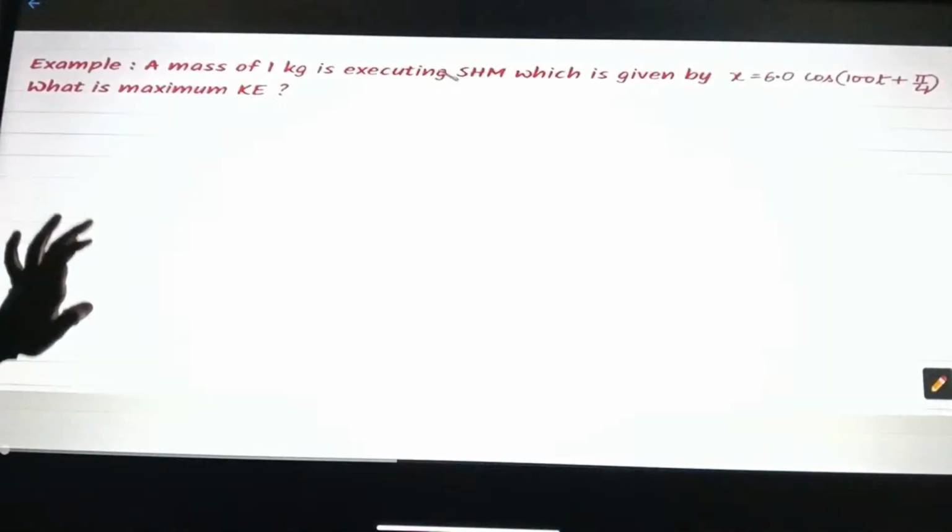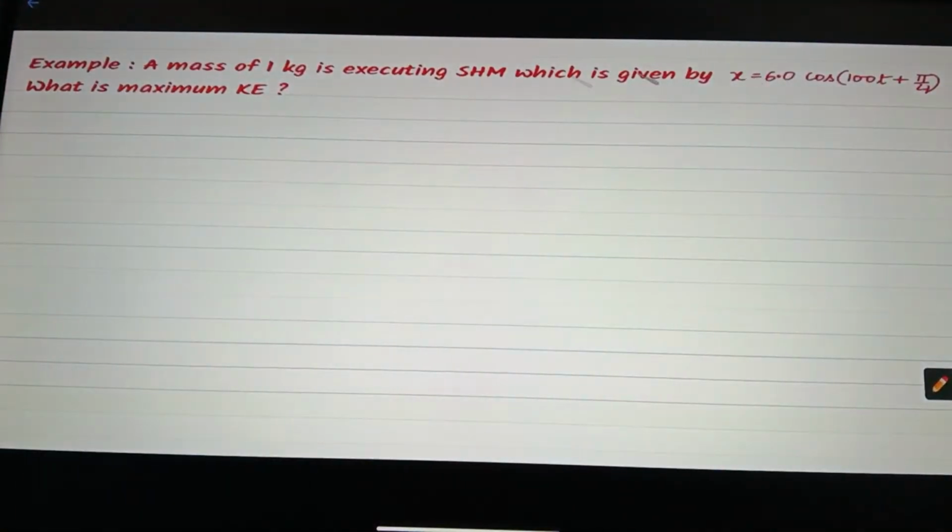Let's do this question. A mass of 1 kg is executing simple harmonic motion, which is given by x is equal to 6.0 cos (t plus pi by 4). What we have to find here is, what is the maximum kinetic energy? So in this question, mass is equal to 1 kg,